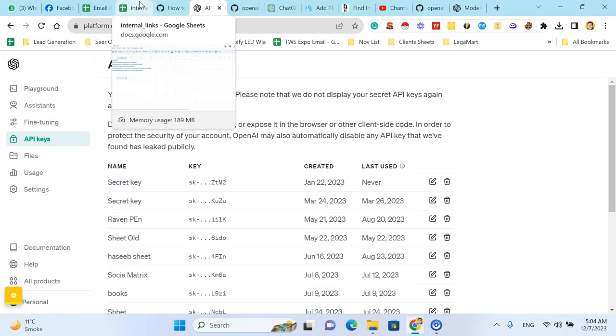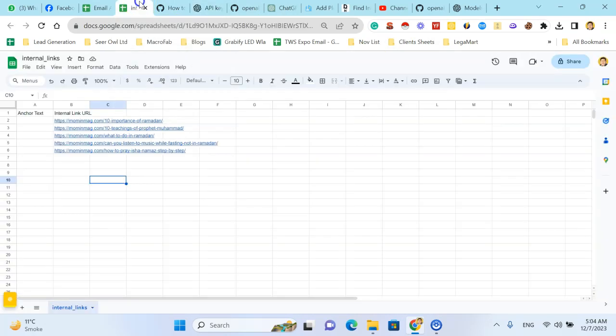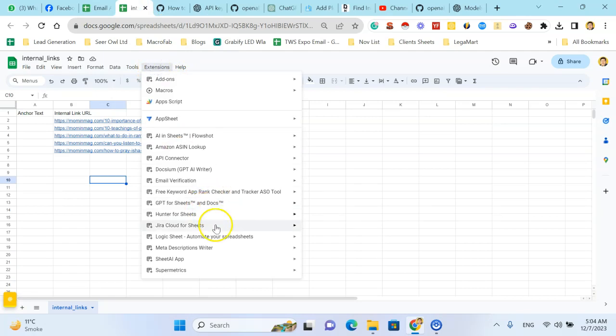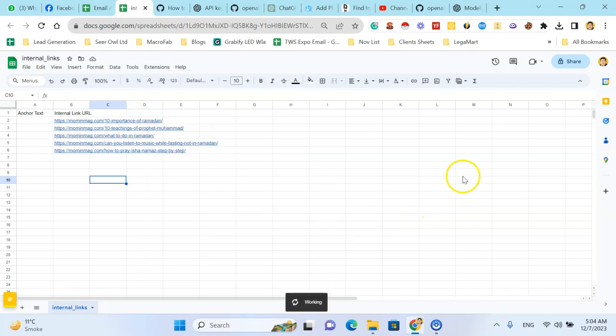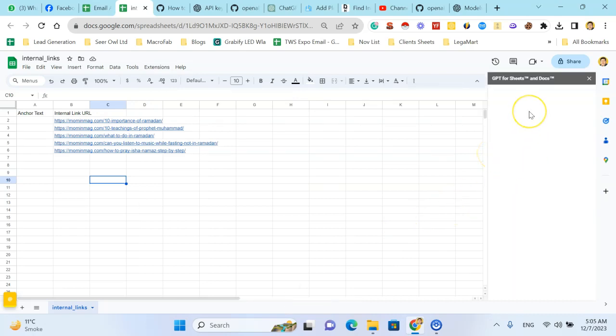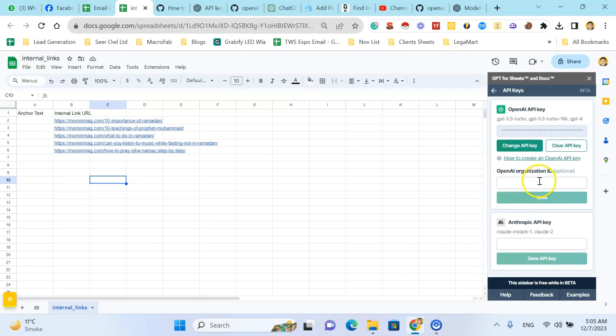you want to use. So I have generated this to use in this extension GPT for Sheets. Here I will paste it here, set API key. You simply paste here and save. So it's a simple